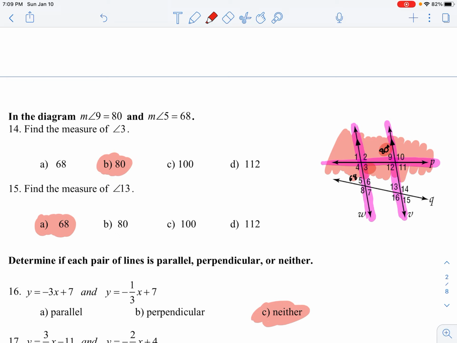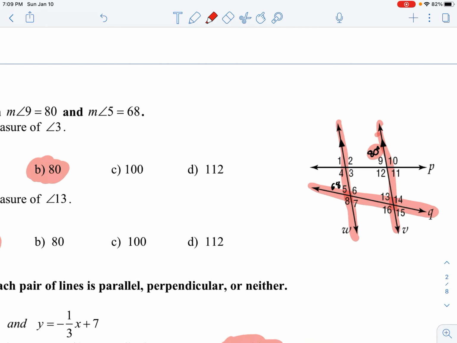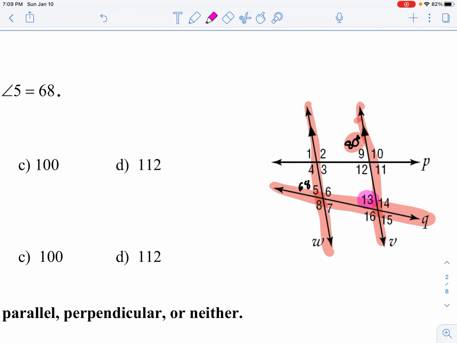Next one, it says find the measure of angle 13. Let me erase this quick. Okay, angle 13. I can see that's down at the bottom. Well, these are still our parallel lines. That's one of our parallel lines, that's the other. That's our transversal. It wants us to find 13. And what I notice is that angle 13 there is a corresponding angle with angle 5,